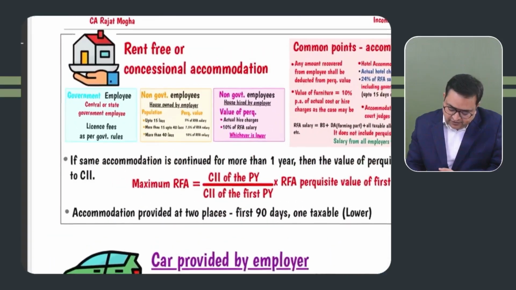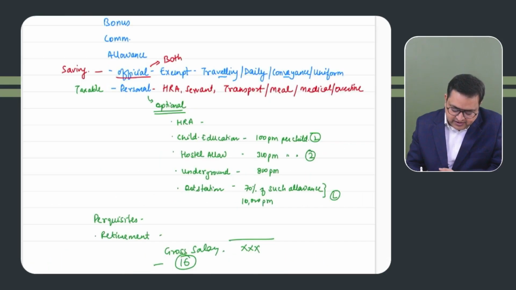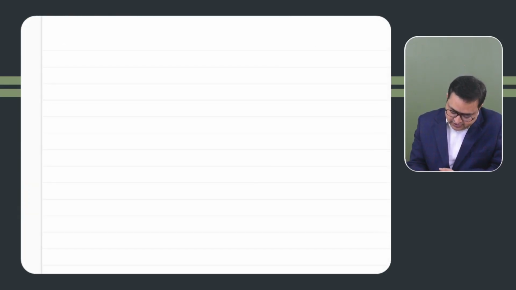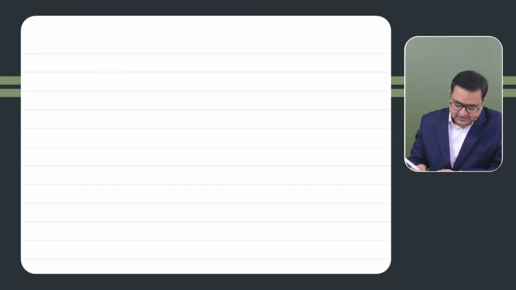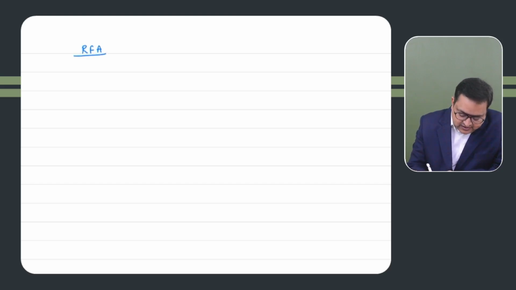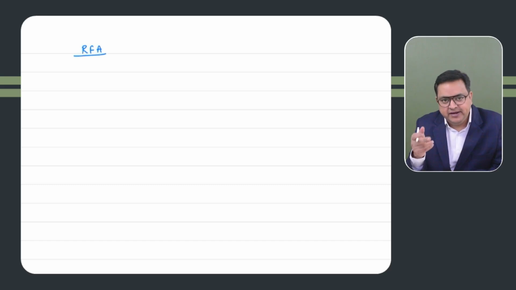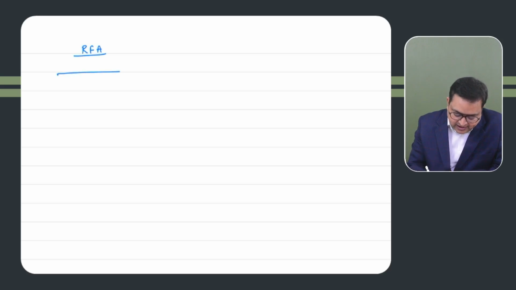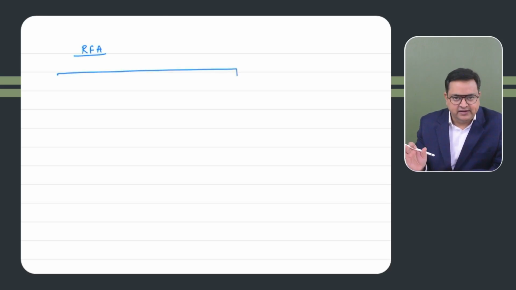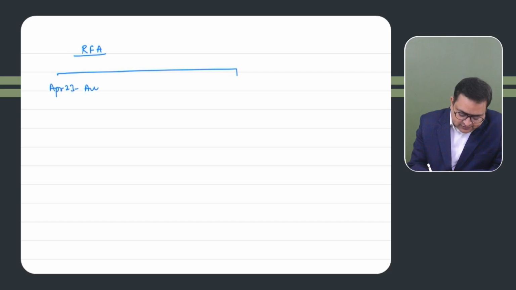One of the important perquisites is rent-free accommodation, which we shortly call RFA. Rent-free accommodation is quite an important perquisite from the examination point of view. Now there is a change. There is an amendment which came from 1st September 23 onwards. If rent-free accommodation is provided for the entire year, from April 23 till August